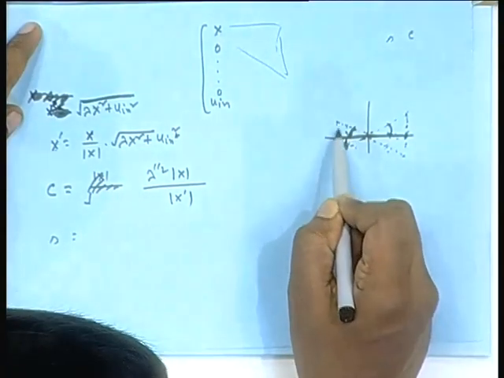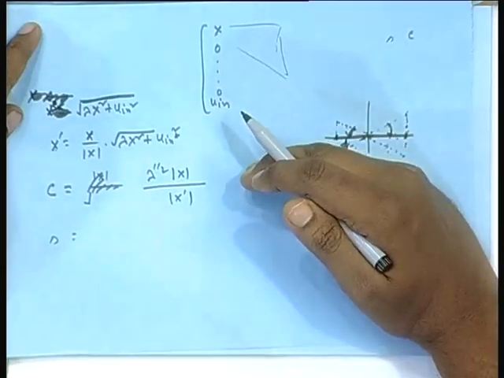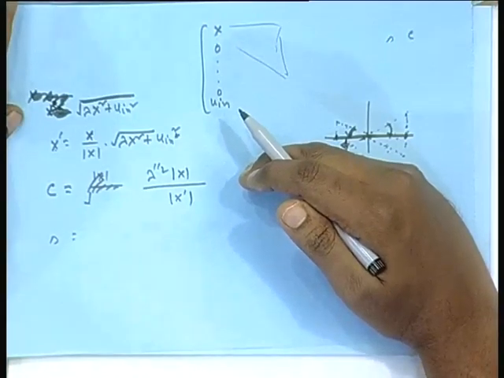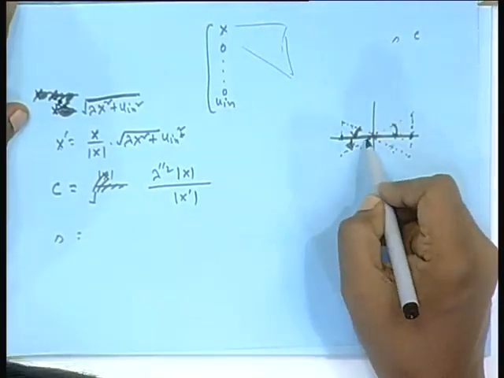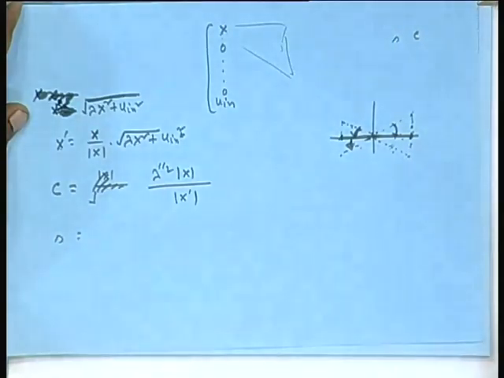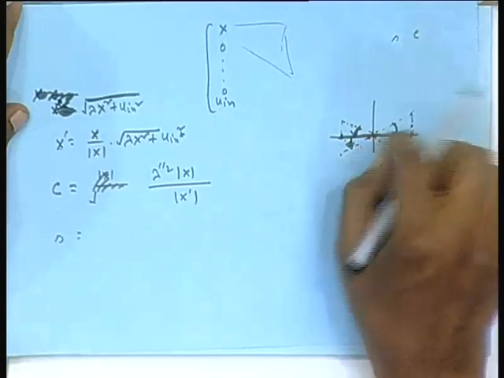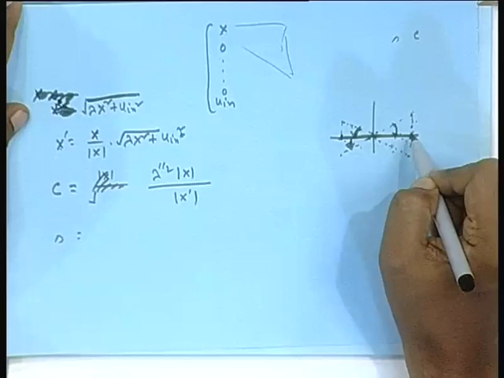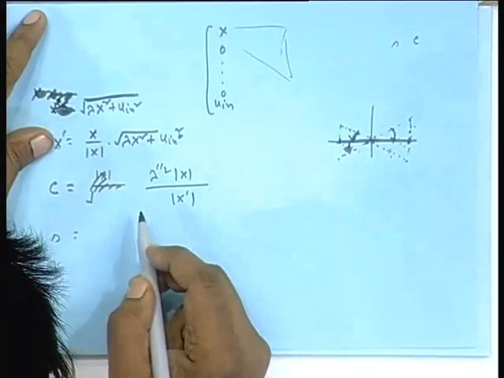When this is negative and this is positive, you are moving in this direction, counterclockwise. So, minus S, if I make a mistake please correct me, and the other way, when both are negative, in this direction plus S. So, you have to check the sign of both the x part and that u in, which is coming along this axis. I am just giving you from the book, S should be